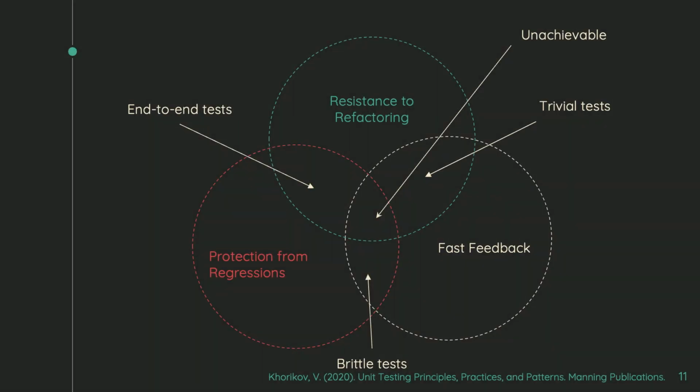3 of these in particular really interact with each other. We have to create a compromise. I'm not going to go through every little point here, but the main point to take away is that an ideal test would be fast, it would catch all the bugs, and it would never break whenever you do a code change. Yes, please. Unfortunately, that's not possible. That is an unachievable ideal. So we're going to have to make some compromises along the way.